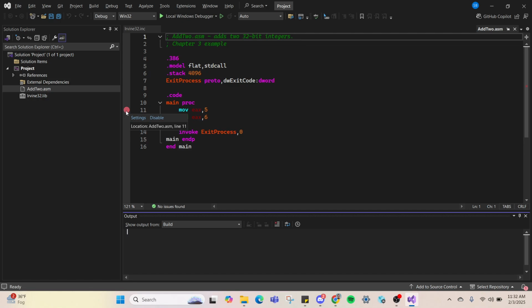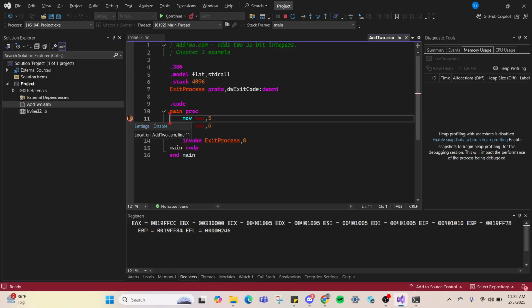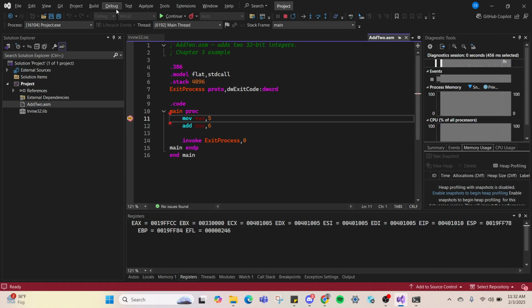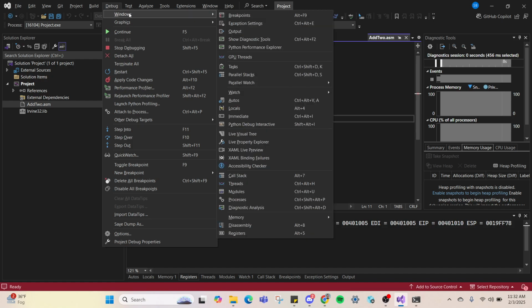Now you can see I have a breakpoint set here in the bar. If I go up to local Windows debugger and run it, it's going to run and stop at this line of code. Now what you're going to want to do, I can see the registers down here, but if you can't, you're going to want to change that because it's very important for us later on down the line. So you're going to go to debug, Windows, and you're going to want to say,